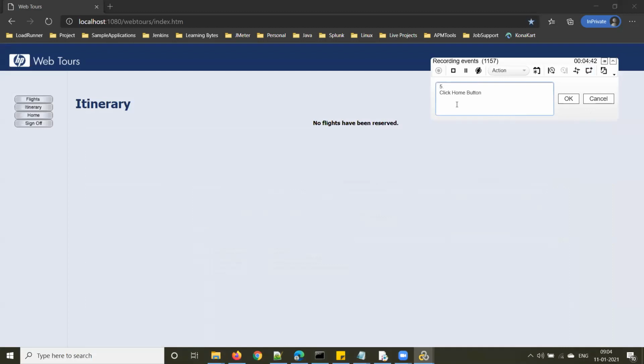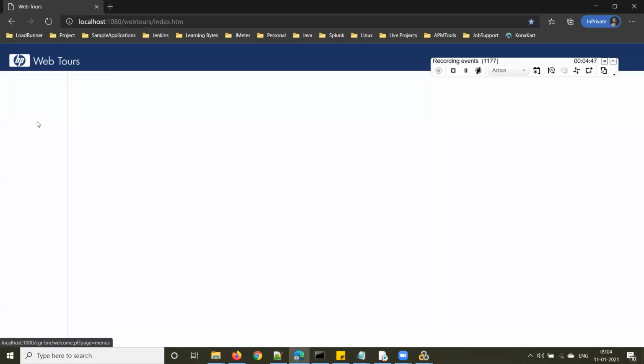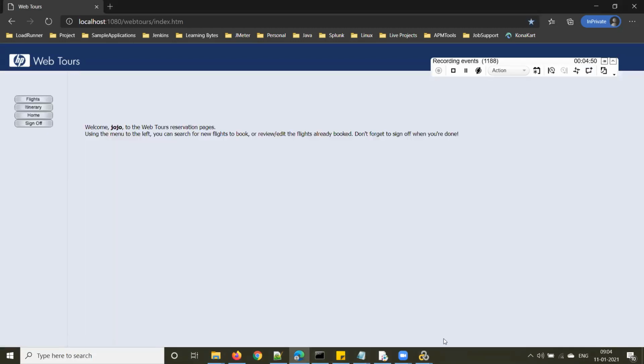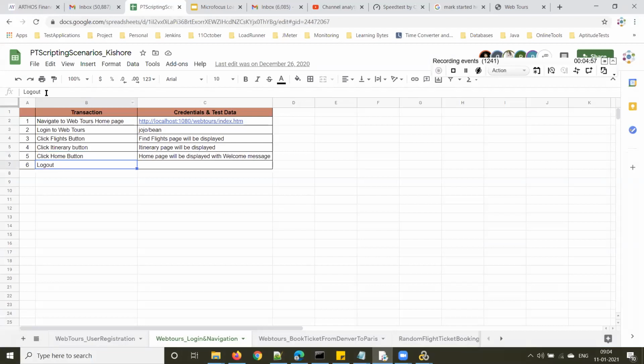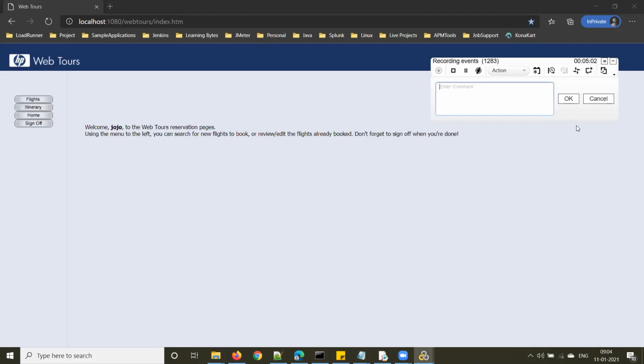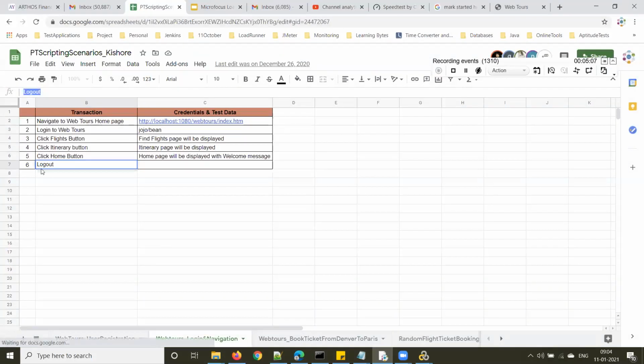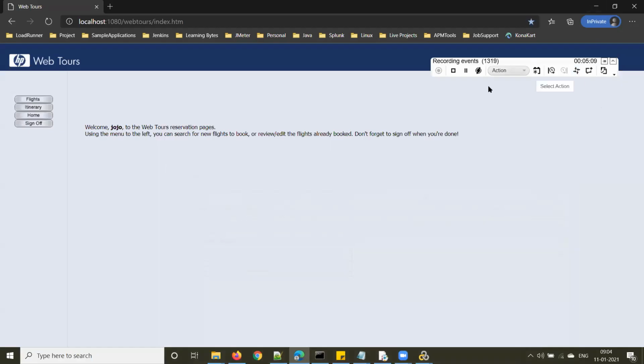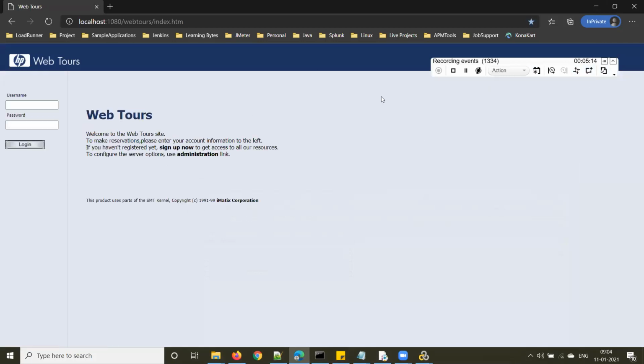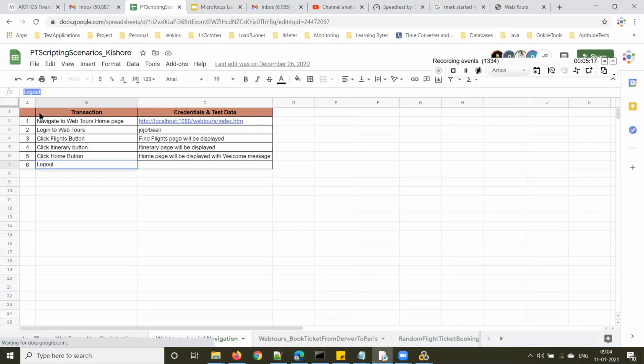Click home button. Then the last step is sign off or log out. Five or six? Sixth step. Okay, I'll correct it later. All right. So put the comment, insert comment, and then perform that step. Right. So we are done with all the six steps now.